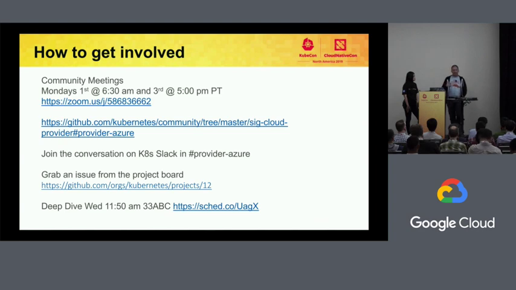I just want to make sure that everybody knows how to participate in this community. The cloud provider communities are, in a way, different than the other Kubernetes communities in that they are specific to a particular provider. One of the things that we strive to do is to be as transparent and consistent with the rest of the open source community as possible. We conduct our meetings in the open. We post everything on YouTube. The Slack channel is completely open. We keep all our issues in the upstream project board. It's a standard project. The one thing that we've seen is that we haven't had a lot of active participation